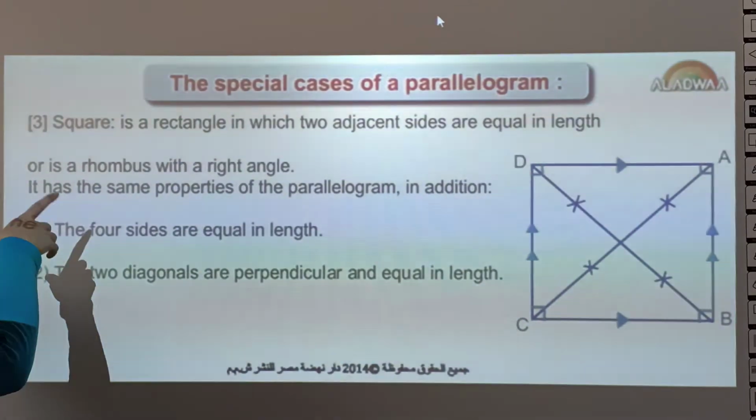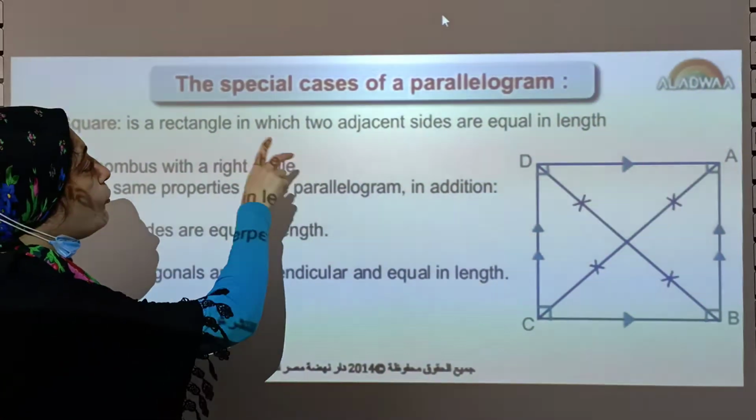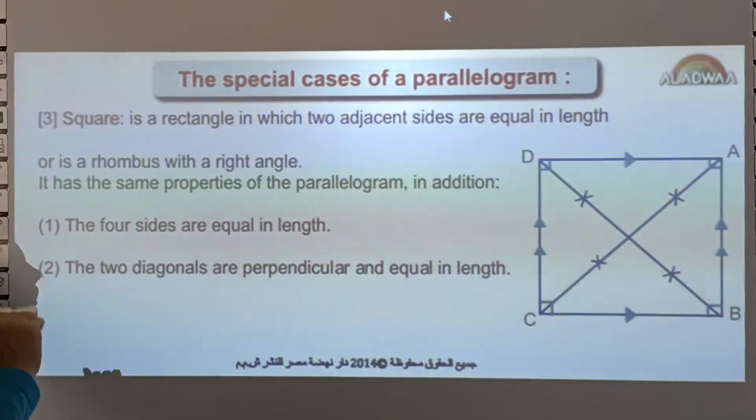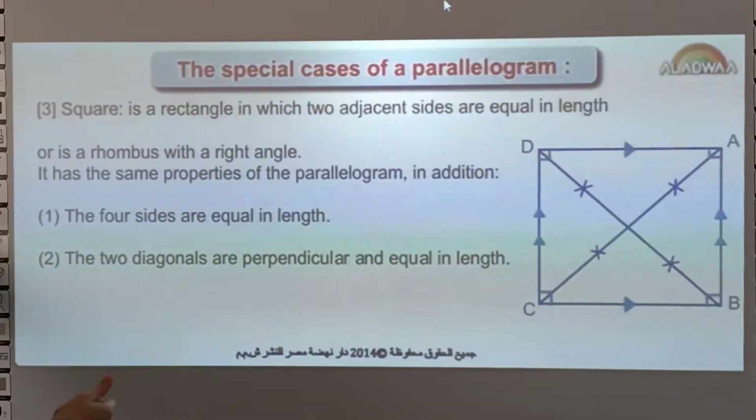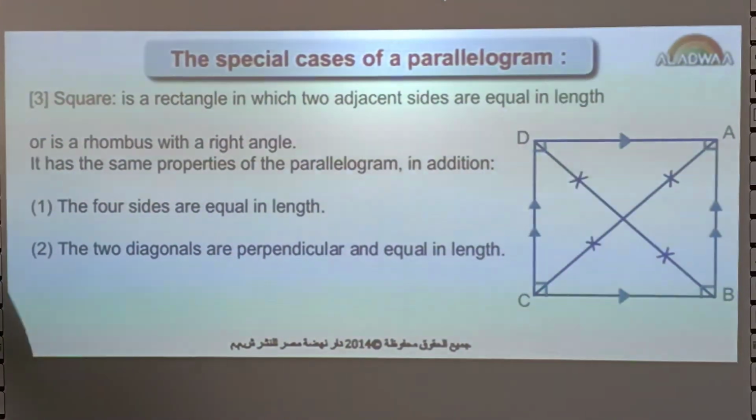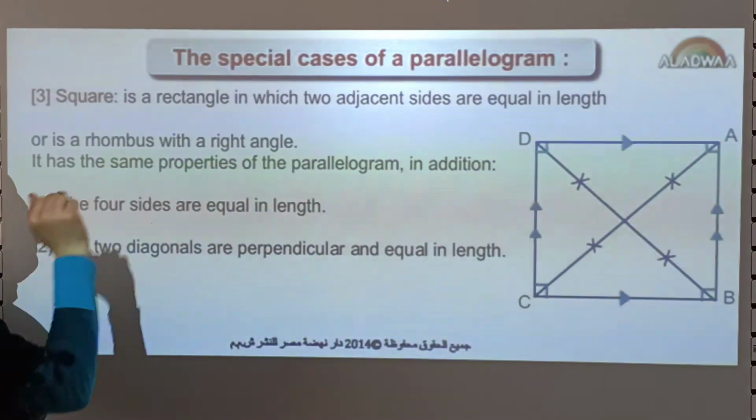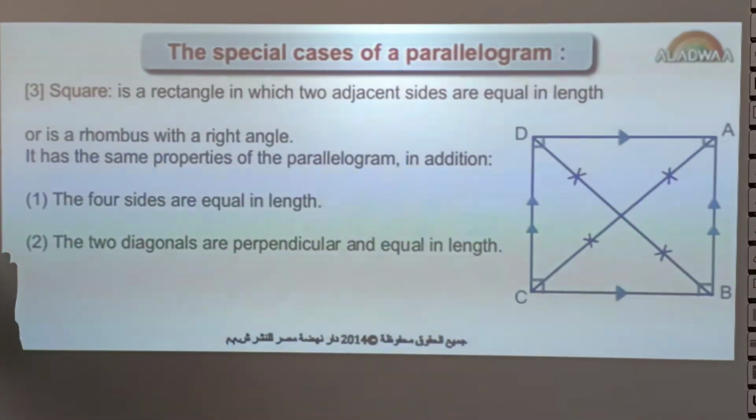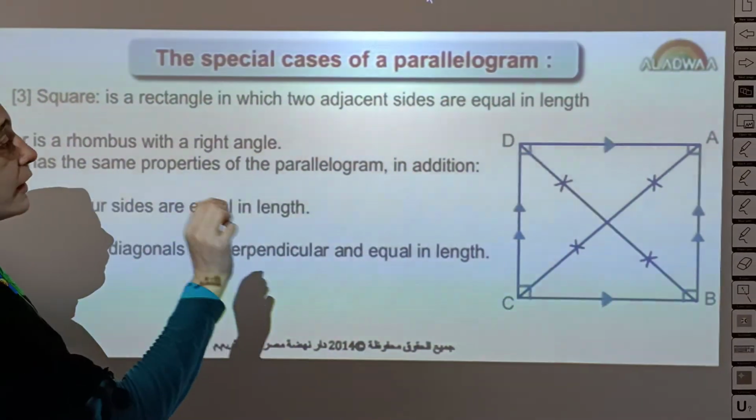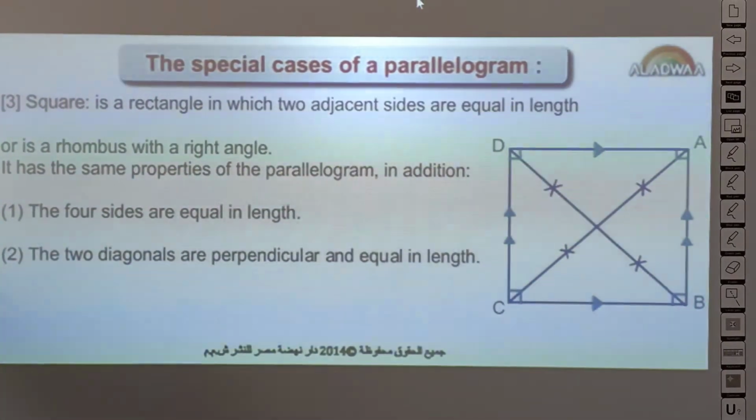A square is a rectangle in which two adjacent sides are equal in length, and it's also a rhombus with a right angle. It has the same properties of the parallelogram. In addition to, the